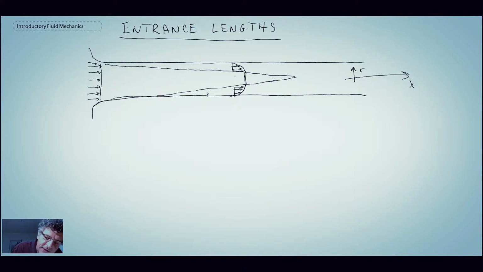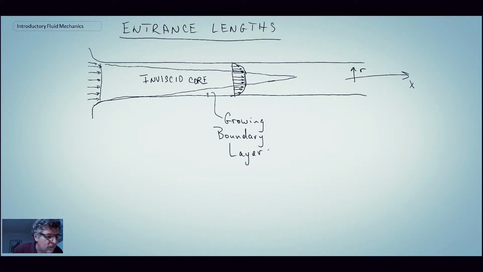And then you get into this region here, and that's where the presence of viscosity has not caused the velocity to slow down. And we call this middle part here the inviscid core, or sometimes you'll hear it referred to as being the potential core. And on the sides, we have growing boundary layers. And then once you get beyond where the boundary layers meet, that is when we have what we call fully